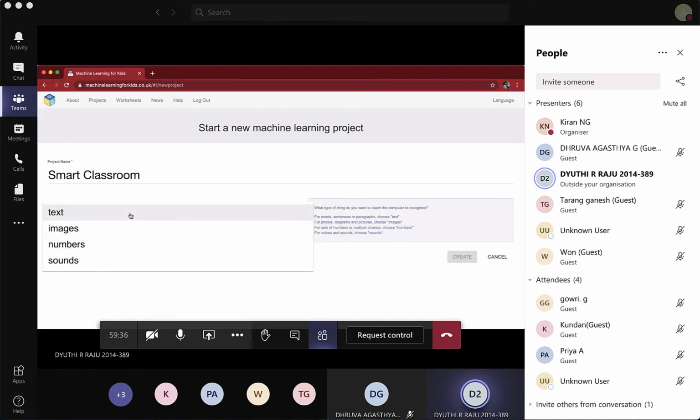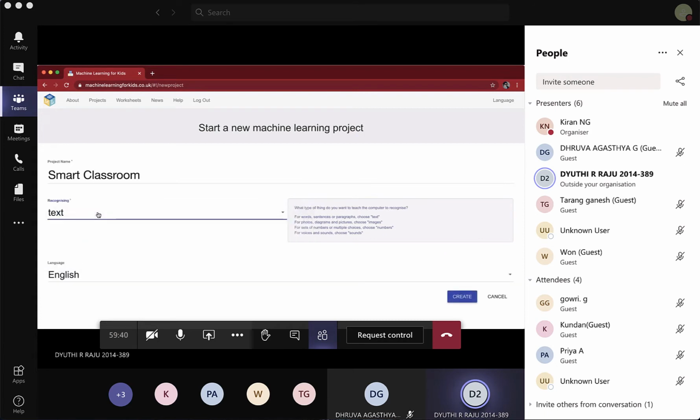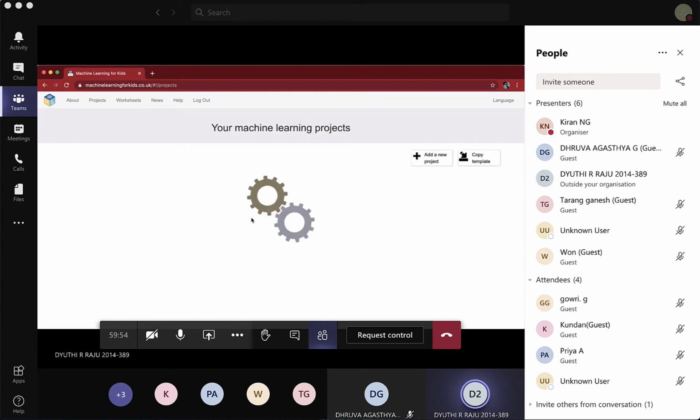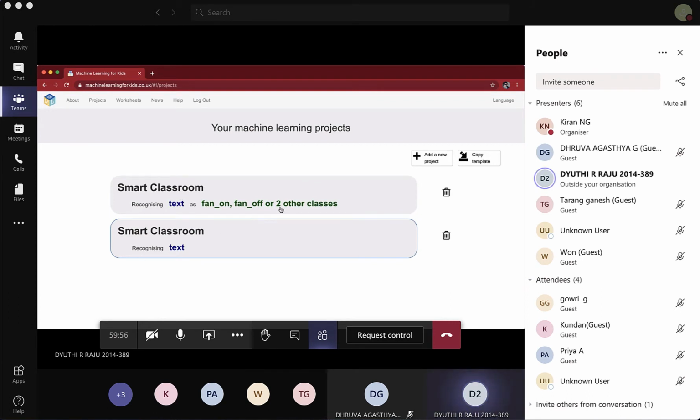You can also choose images, numbers, sound. I'm clicking text, and then you just say create. As soon as you say create, you get a project like this.